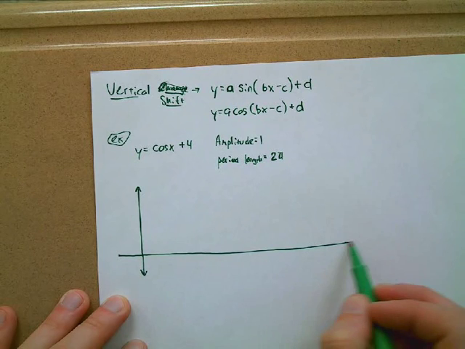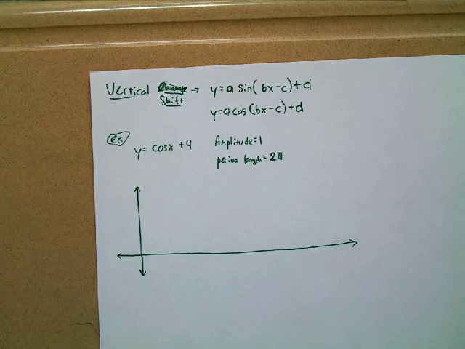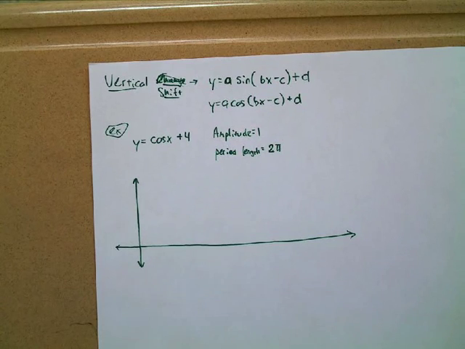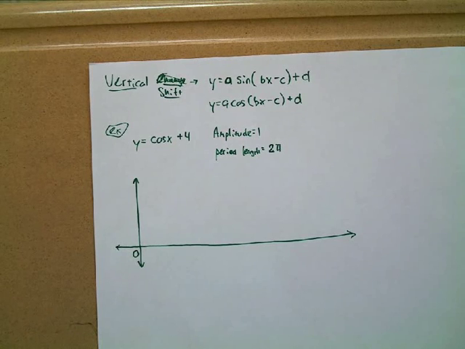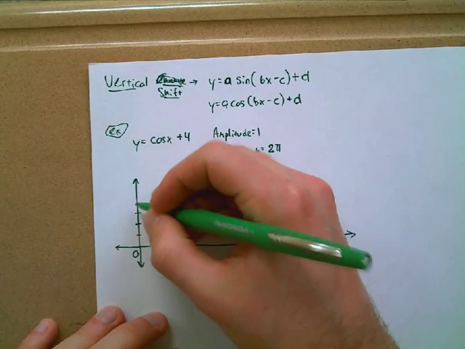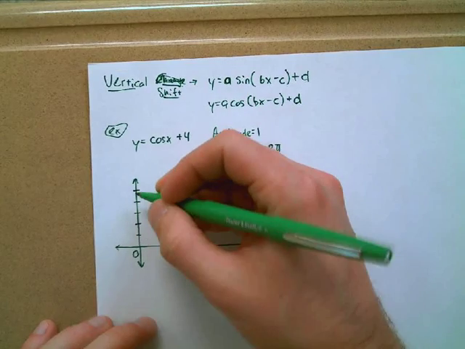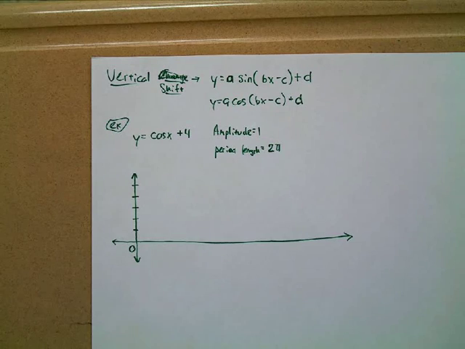Now, my recommendation to you, and you don't have to follow this, but I just find that it makes things easier. It can be a little bit disorienting when we do that vertical shift, plus 4. Maybe it's disorienting for all the shifts that we do, but there's an easy way to account for that vertical shift. So first thing I want to talk about though is, since we're shifting up 4, what is the